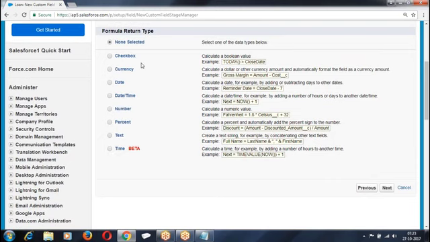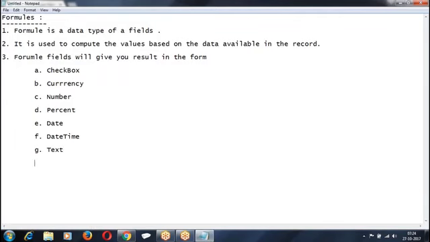In 42.0, we got time as a beta version. In the last one week or 50 days we didn't have this time. Recently they introduced time as a beta version. So checkbox, currency, number, percentage, date and time, text, and time was given as a beta version. This is the update in 42.0.